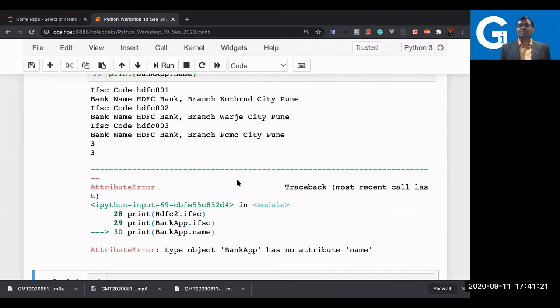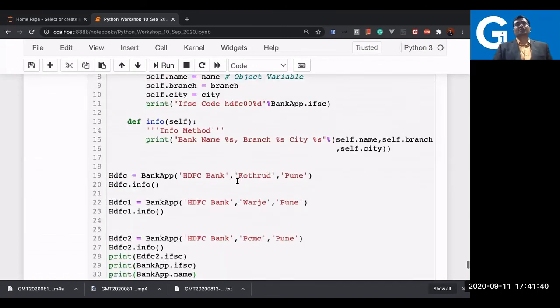So an object variable is available to only the object, but a class variable is available to both, that is to the object as well as to the class. That's the difference between the class variable and the object variable.